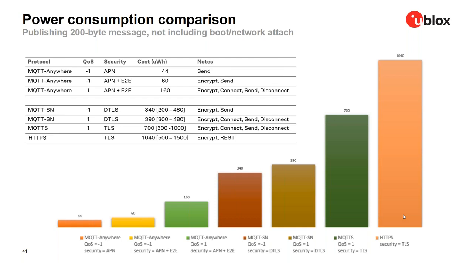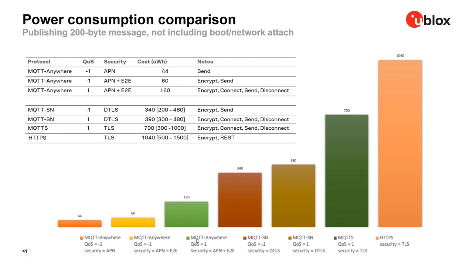So what I would like to demonstrate here, coming back to the first topic about the power consumption related to the messaging, is that it depends on what we decide to use in terms of the protocol. If we go, for example, with MQTT Anywhere, quality of service -1, or go to HTTPS, you can see that each time we are sending a message of something like 200 bytes, how much is the difference in power consumption. And you can only imagine what will be the effect on your battery lifetime.